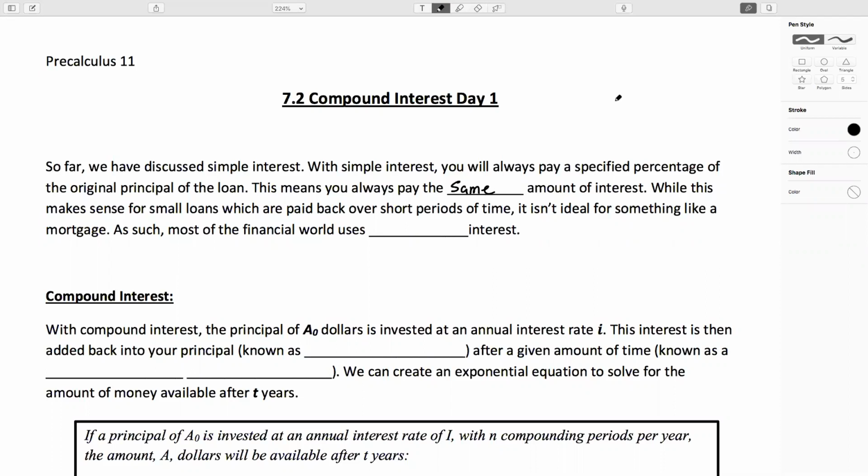For example, let's say that you took out a loan for $100,000 to buy a house, and it was 3% interest. That means you will pay $3,000 in interest every single year from the start of your mortgage to the end of your mortgage. And if you add up the amount of money you're paying, that quickly starts to become an extreme amount of money. As such, most of the financial world uses what's called compound